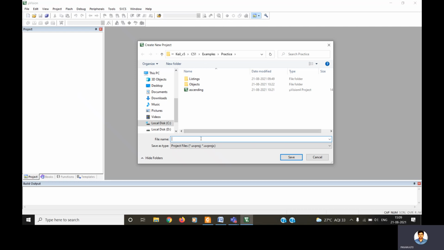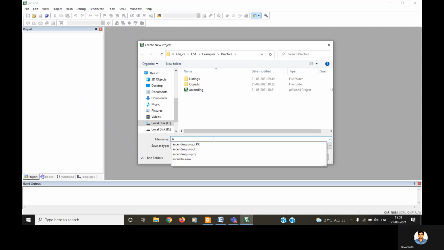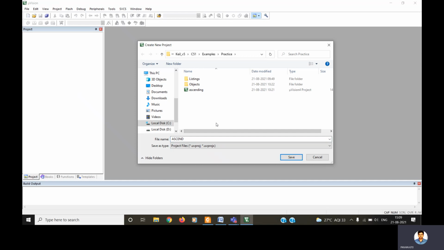And here we can give a project name. Since the option we have gone through is creating a new project, first of all, you have to give a project name. Let us say, since I want to perform some ascending operation, previously some project was created already, but for tutorial purposes, I am creating a new project again. Let us say the project name is ascend. Like this, I have created it. So I am clicking the save button.